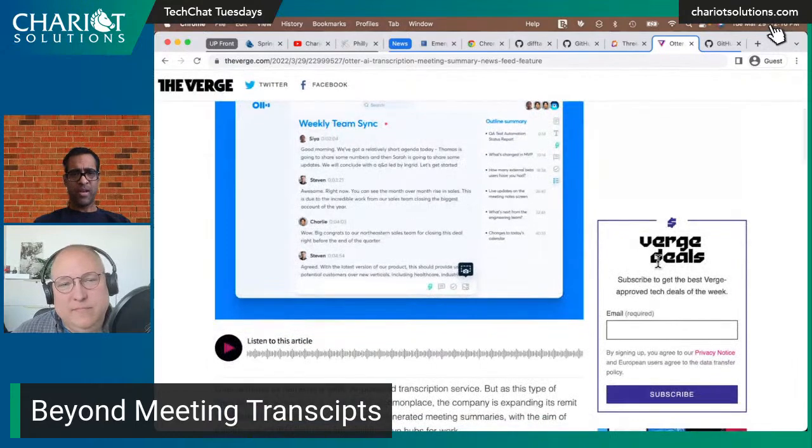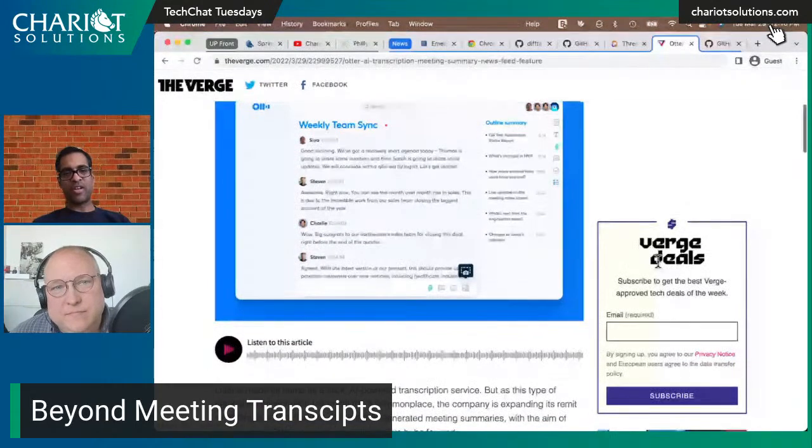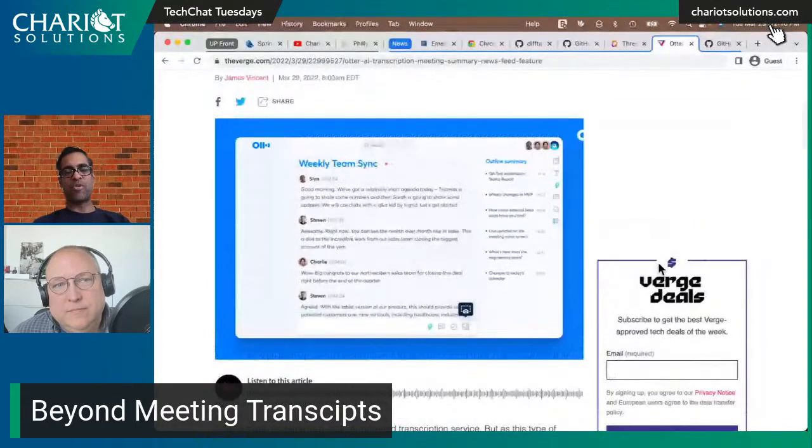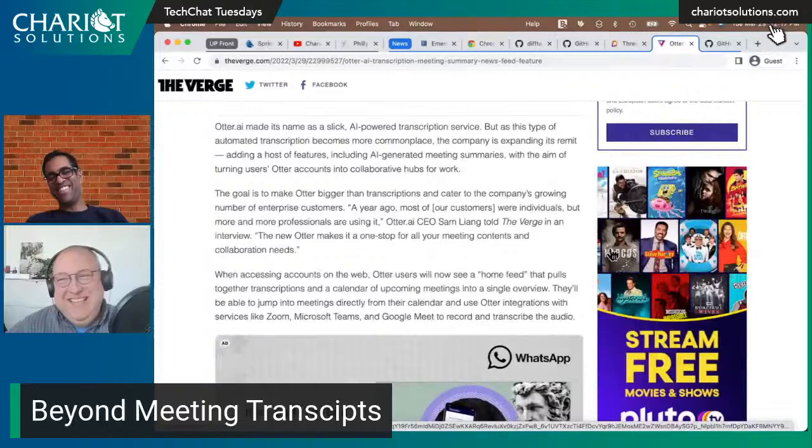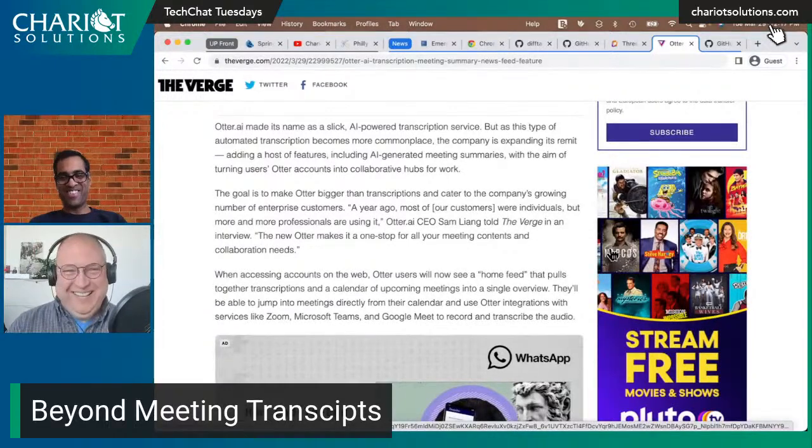They mentioned the company's software looks at a lot of different factors to decide what the most relevant points from a meeting are. They look at topic words people use. They look at speaker dynamics: who's talking, what topics they discuss, when they change a topic. So it seems they're using different signals. This is something I find really interesting. In addition to summaries, Otter also offers a breakdown of who spends the most time talking in a meeting. I want to see that one. I really want to see that too.